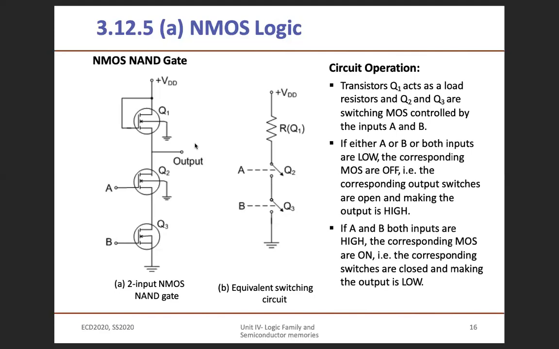Similarly, if you give A equal to 0 and B equal to 1, that means B is high, this will turn on. This transistor will be driven to the saturation region. This will be a closed circuit. However, this will be open. So the output is disconnected from the ground. Again, your output will be taken from VDD, so therefore it is equal to 1. Now if you give A equal to 1, that is high, this will turn on, so it is a short circuit. But this one is equal to 0, that is an open circuit. So again the output is disconnected from ground.